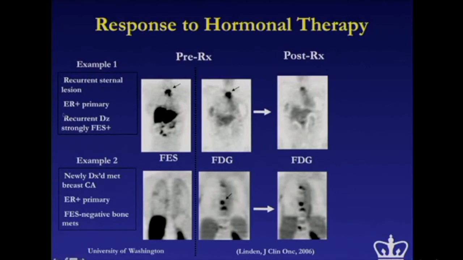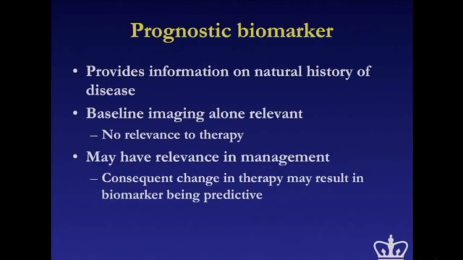And this is a good example because in this example, both these patients had estrogen receptor positive disease at the time of their initial surgery. But by the time they presented with metastatic disease, one of them had metastatic disease that was hormone receptor positive. The other one had metastatic disease that had de-differentiated and therefore become hormone receptor negative, illustrating again the importance of imaging in helping decide what kind of therapy to give patients. So that was a predictive imaging biomarker.